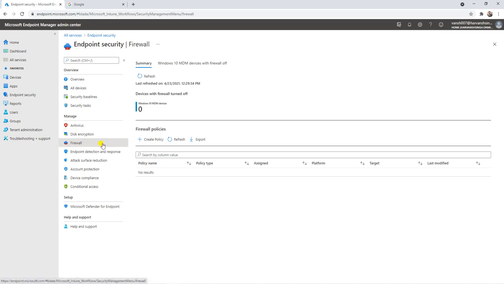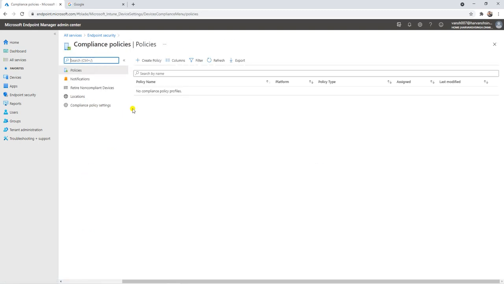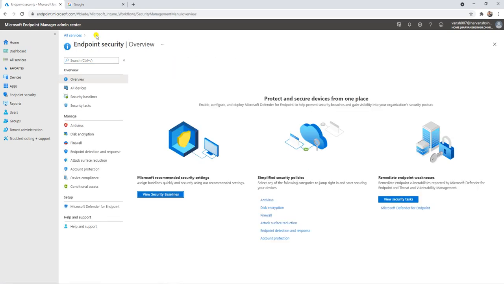But this is Windows Defender, not Windows Defender ATP. So this is not ATP, it's like a normal Defender. If you want to create a policy and manage your machine for Windows Defender, you can create a policy from here. And these are the options, I can say. You can configure account protection and device compliance, whether this device is compliant or not. So these are the options you can use inside your endpoint protection.